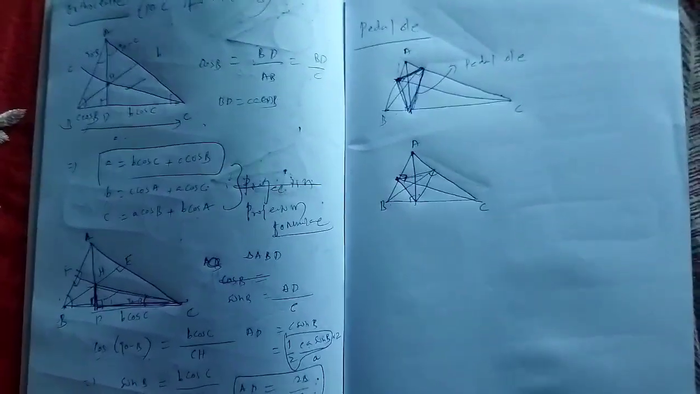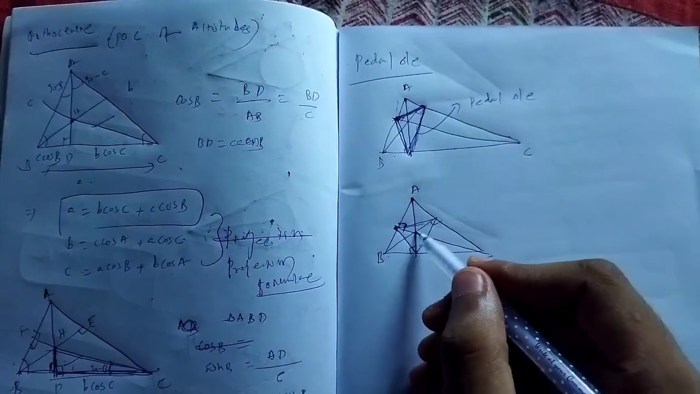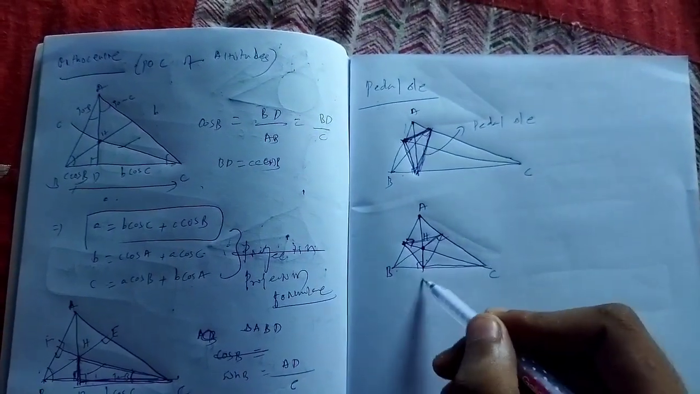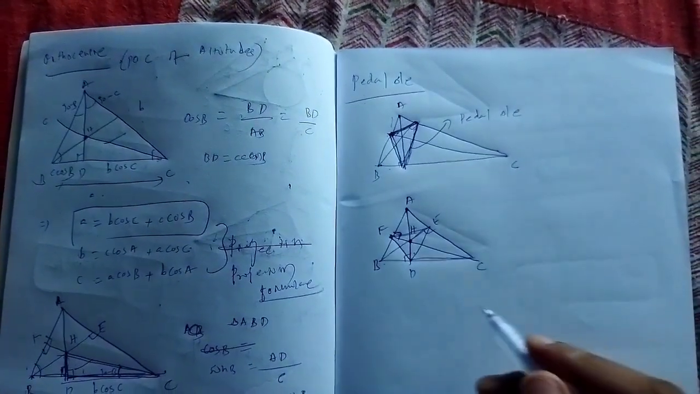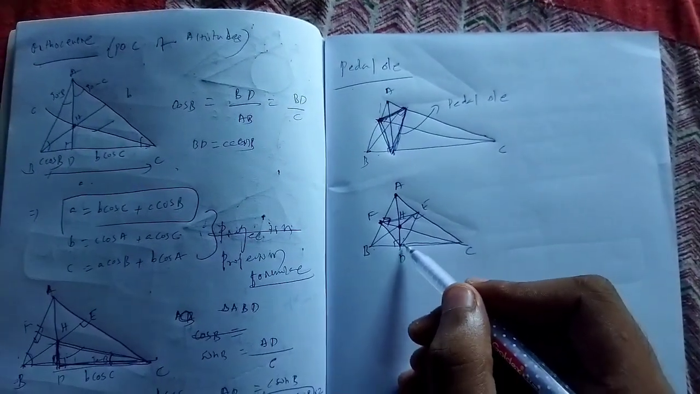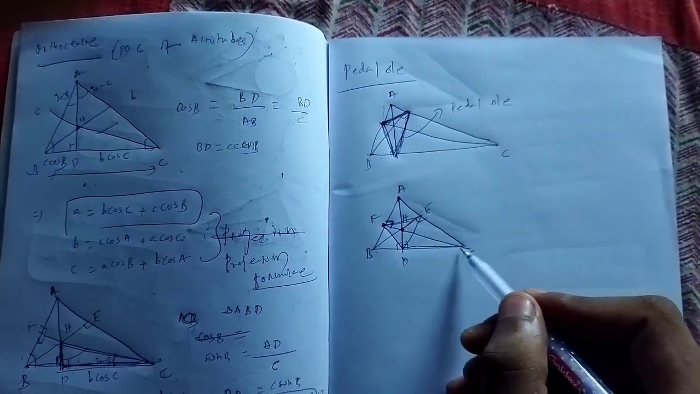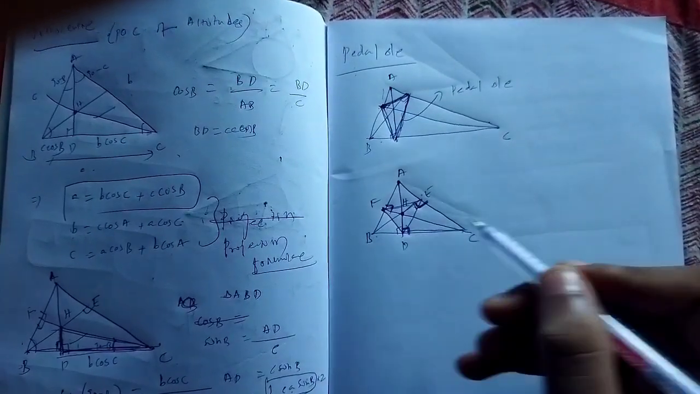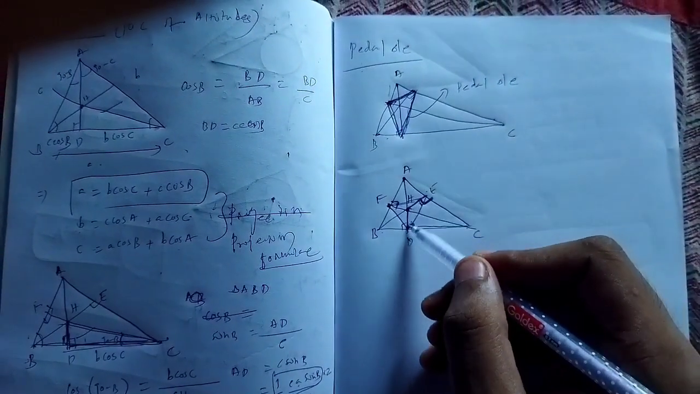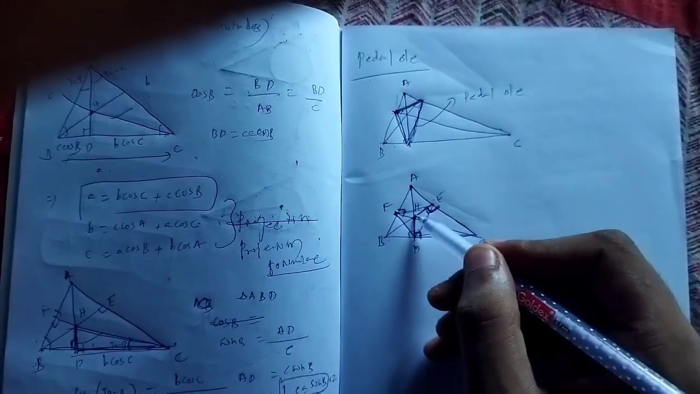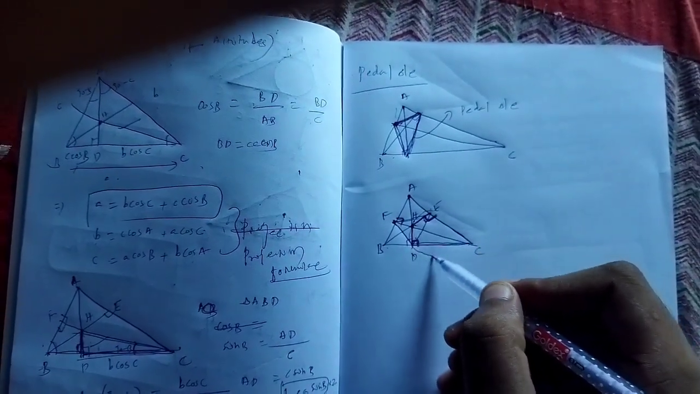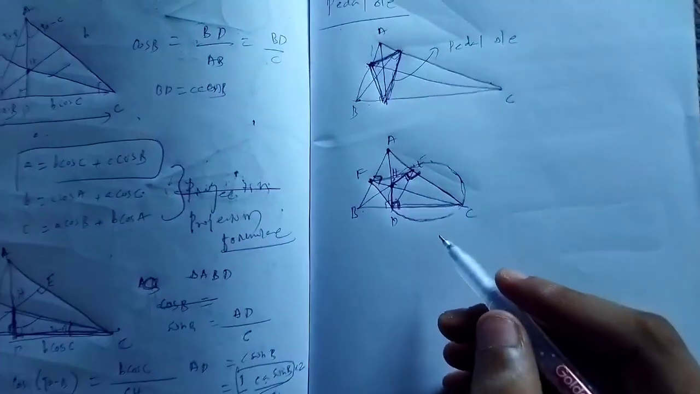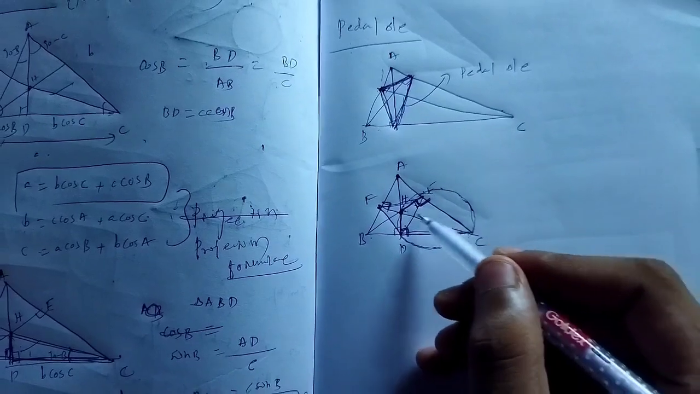ABC, right? So if we observe, this is the orthocenter. Let it be the triangle DEF. If we observe the quadrilateral DHEC, the sum of the opposite angles is 180. So this quadrilateral is a cyclic quadrilateral, so a circle can be drawn through the vertices of this quadrilateral, right? So in this circle, this is a chord,